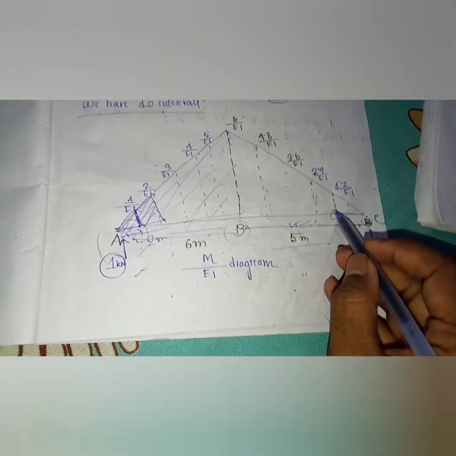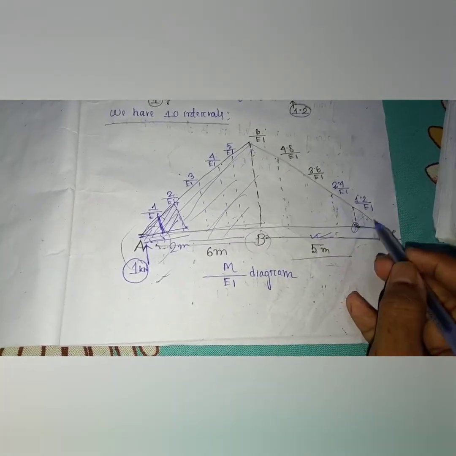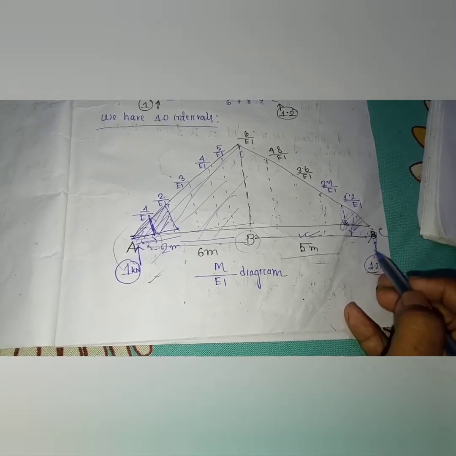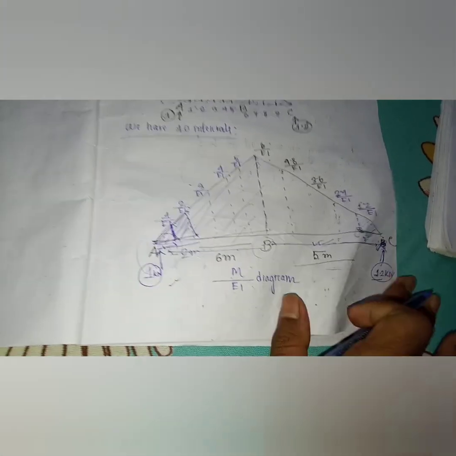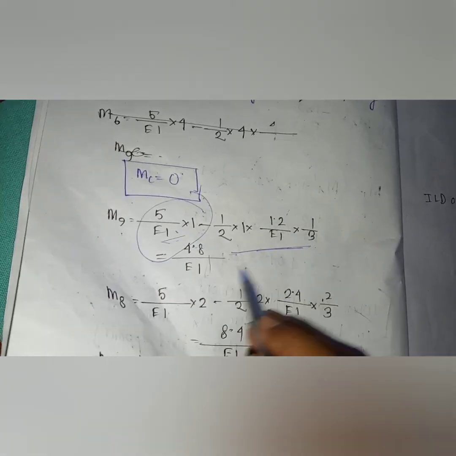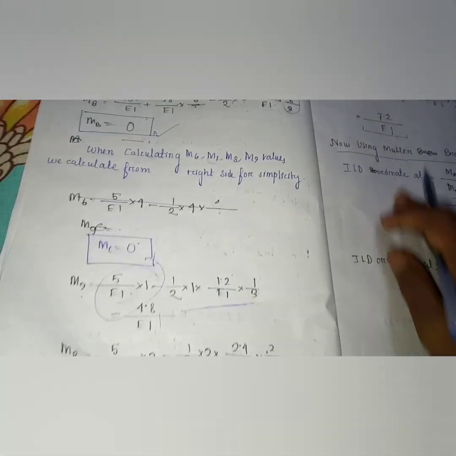Let me show it in the real diagram. Suppose in this section we have to consider this area, and this is downward, and we have to consider this support. Okay, I have taken this into consideration. See, this is the support into distance minus this area. So all these values I have found out here.